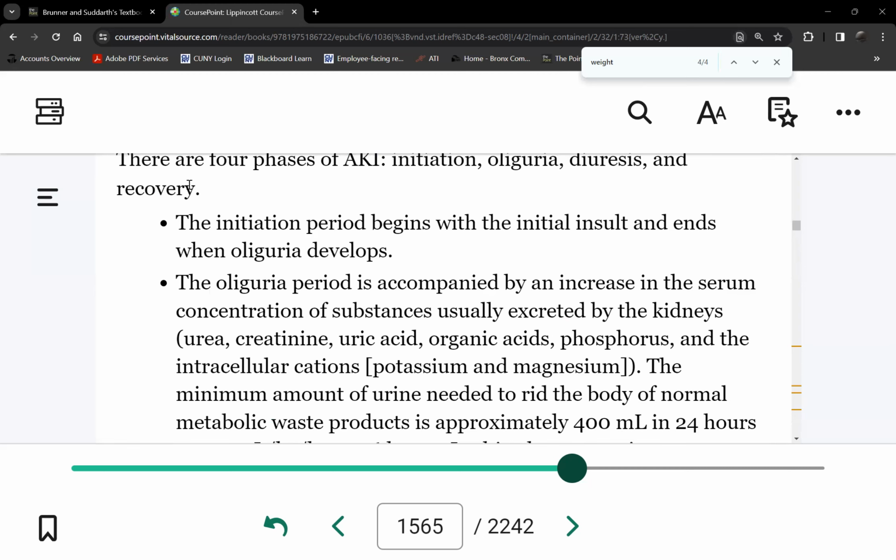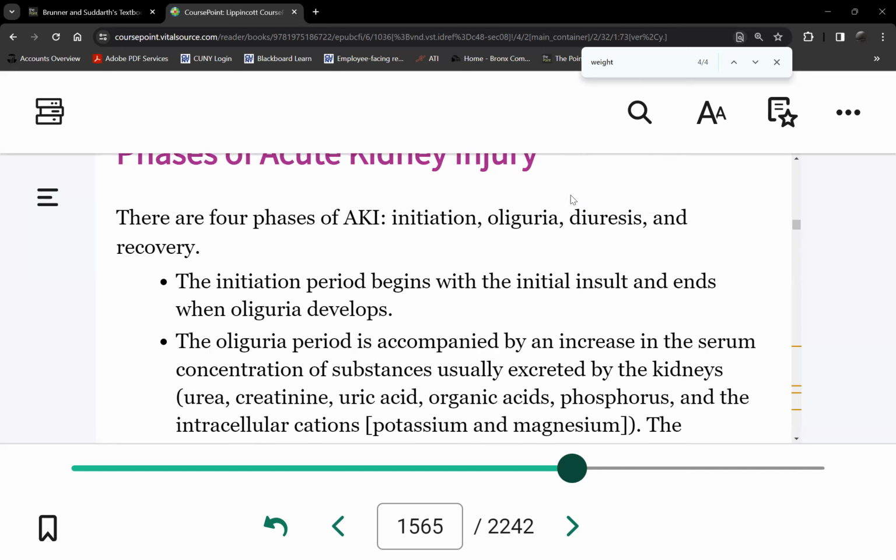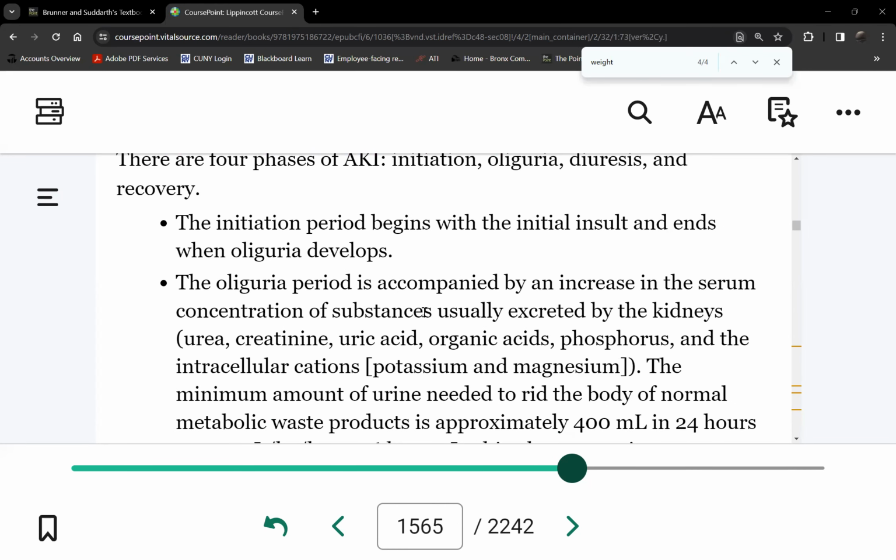If you miss the transition, meaning you don't monitor your patient and then the patient enters the diuretic phase without you knowing it, because let me explain. When the patient enters the oliguric phase, remember there are 3 groups of causes, right? We have pre-renal, intrarenal, and post-renal causes. So when the patient sustains any of those causes, they go into AKI. The first phase is oliguric, right? Again, let's disregard the initiation phase. It's not really clinically significant.